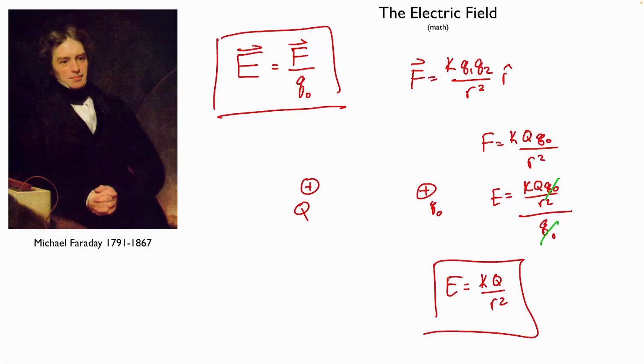That others would pick up from his concept, from his ideas, and formalize it in the mathematics. The reason Michael Faraday wasn't good at math was because of his upbringing. He was not well educated because of his poor circumstances growing up. In the class-conscious Victorian society of the age, if you weren't born into the right class level, you just didn't